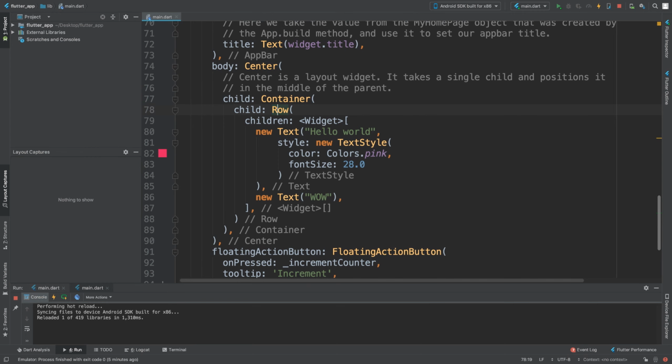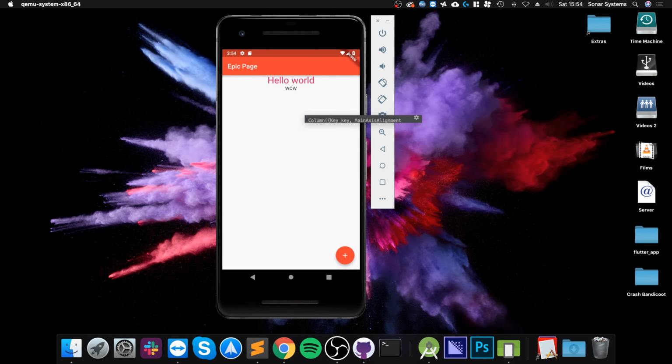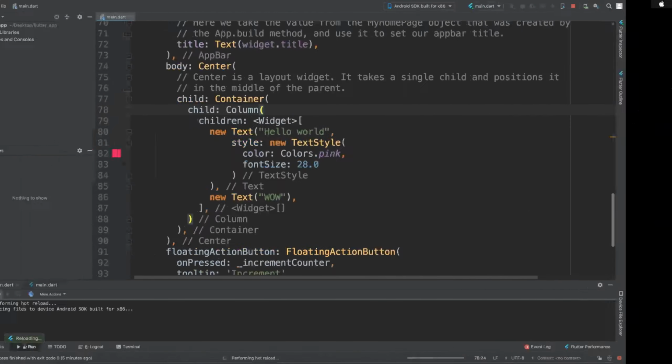They're both text, but what type of widget they are doesn't matter. So to change it to a column is simple. You just put column. Save there, and hot reload it. As you can see,